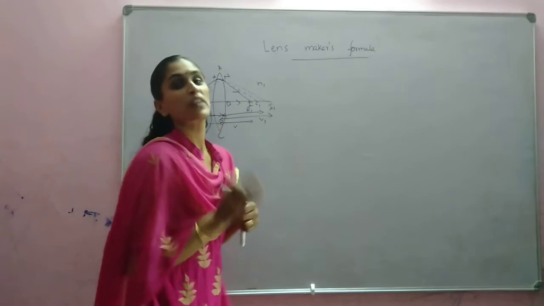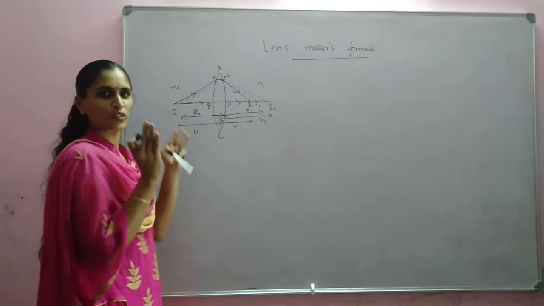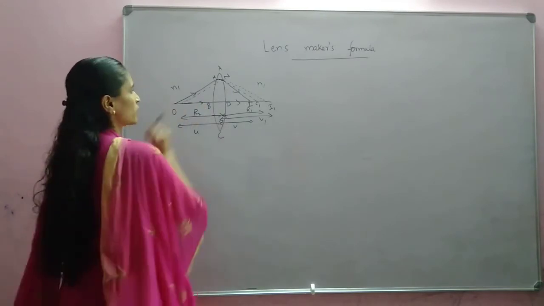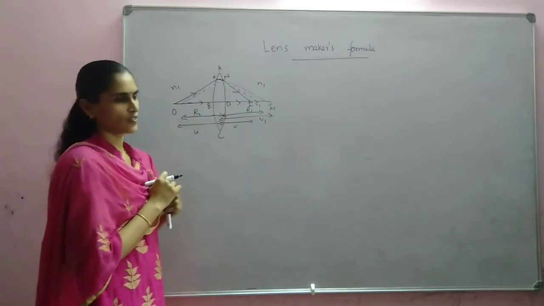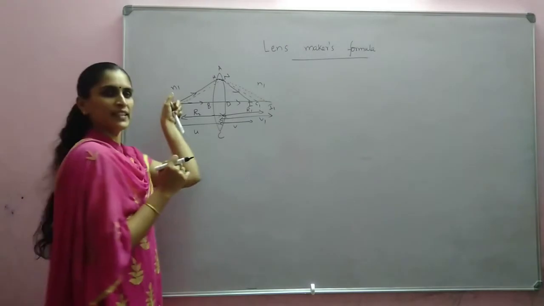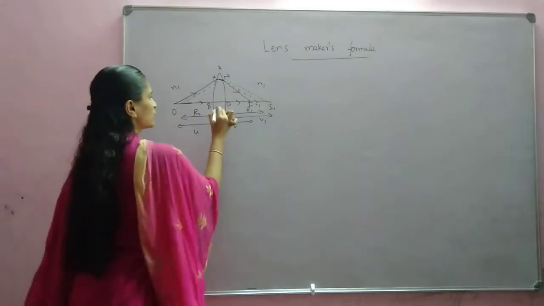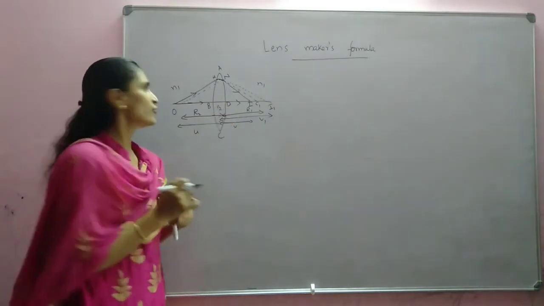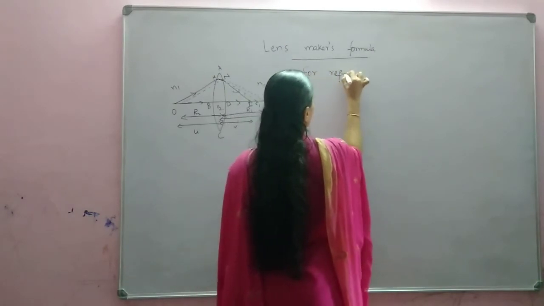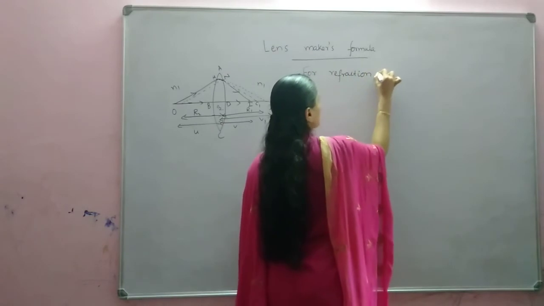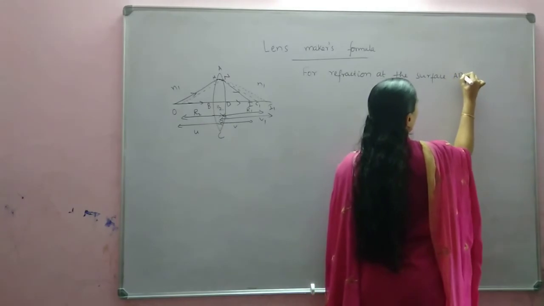So now we will discuss lens maker's formula. We are considering both convex surfaces, so one convex lens we are considering, and let R1 and R2 be the radii of curvature of the surfaces. N1 is the refractive index of the medium in which that lens is kept. N2 is the refractive index of the lens. So for the refraction at the surface ABC, we can write